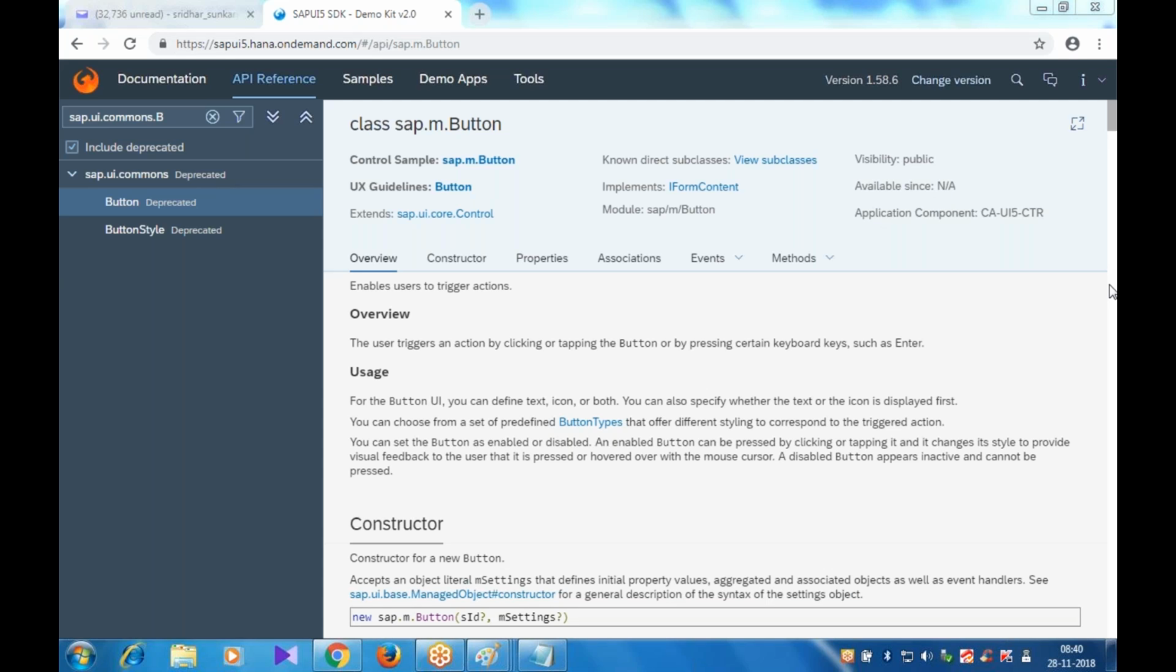The sap.m library supports all devices: desktop, laptop, tablet, mobile, whatever it is. Whereas sap.ui.commons is suited only for desktop and laptop. It means I can run that on mobile also, but the performance is not the same. That's the reason the recommendation is always to go for sap.m only, not sap.ui.commons. Yes, we can use. So as part of our front end,